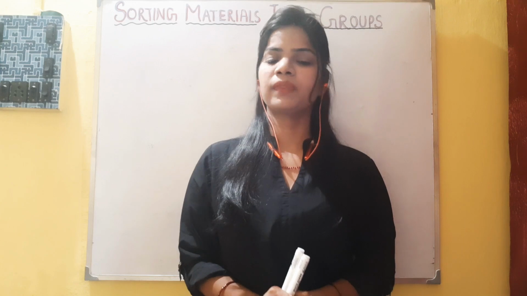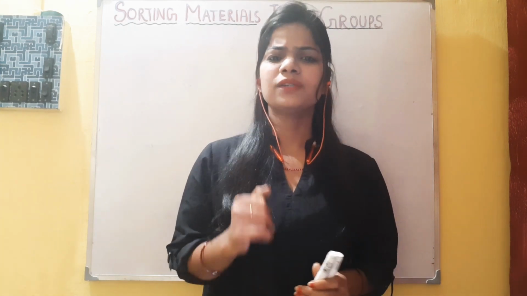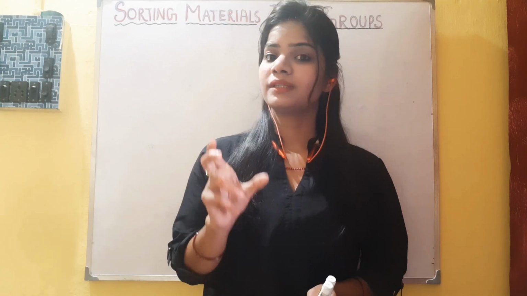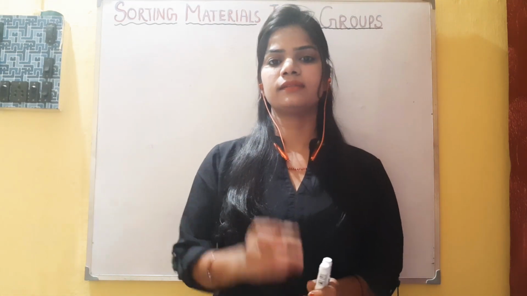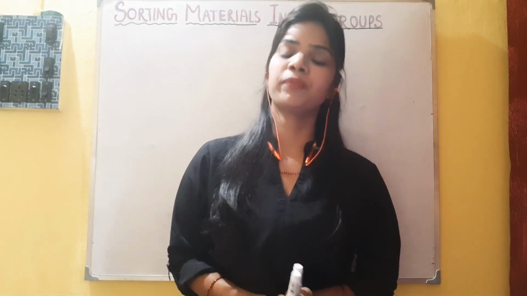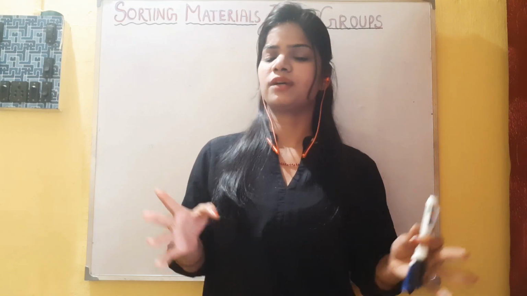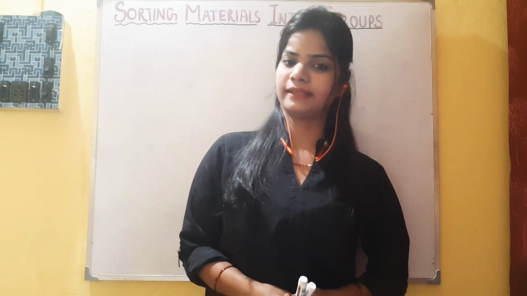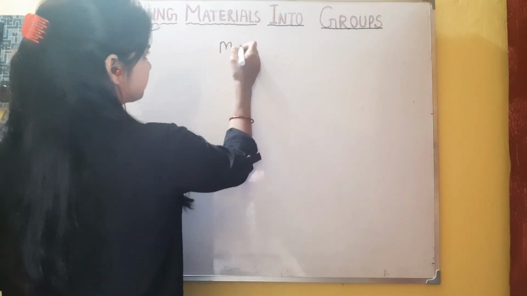For example, as we know, a tumbler or glass has a property to hold water, but can you make a tumbler by using cloth? No, because cloth does not have the property to hold water. If you put water in it, it will flow out. So today we're going to study different types of properties of materials in this chapter. So let's start. Properties of materials.